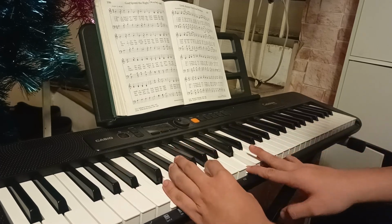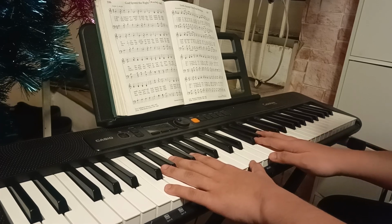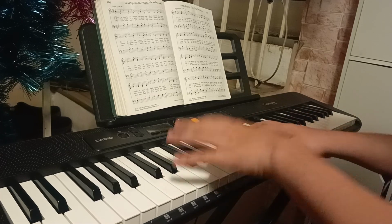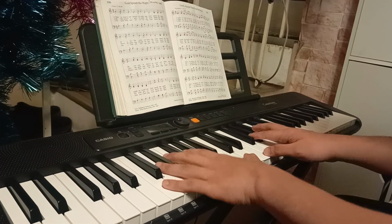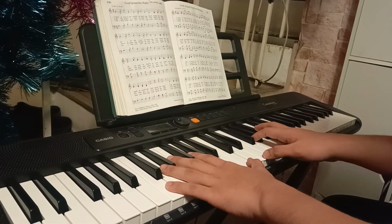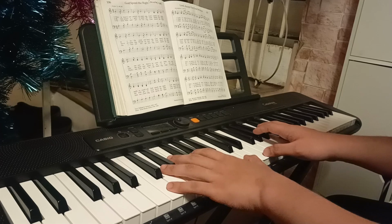So here comes the hard part. This is just a bunch of chords, just like every hymn. Well, this one is different because it's not very simple, unlike the opening. So, how do you play this? You can play along with me if you can read the notation, but if you don't know, it's basically C